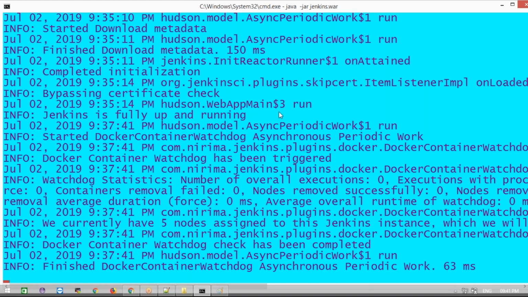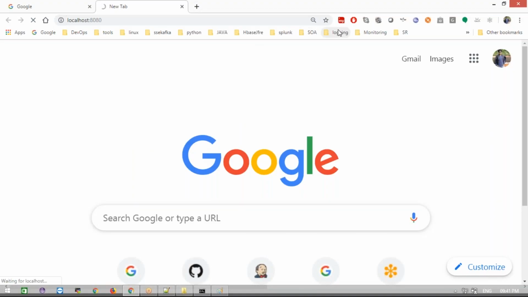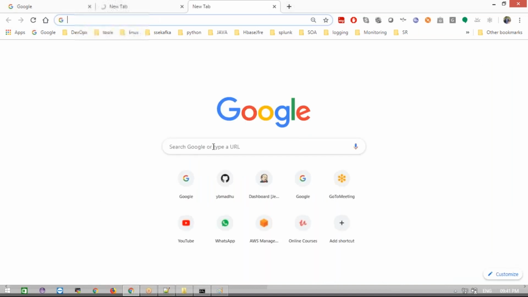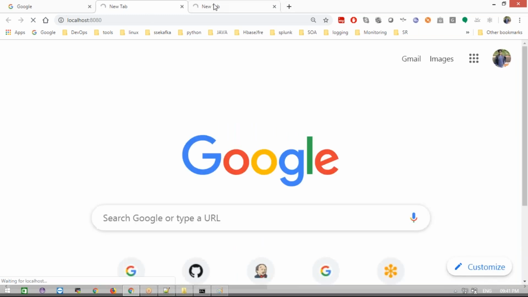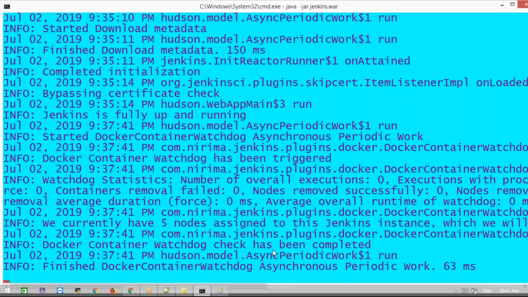I don't know why it's taking time. Just wait, guys. I ran it with the 8080 port, right? I did not change the port.